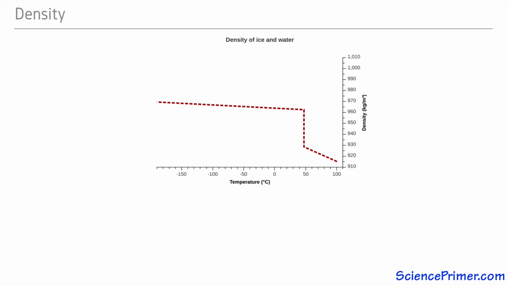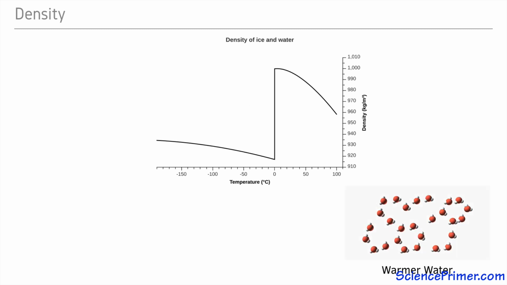Water behaves similarly as a liquid, with increasing density as temperature falls, but as it approaches its freezing point, the rate of change decreases. Then, just before it freezes, its density starts to go down, so that pure water's maximum density is at 4 degrees C. As it continues to cool, its density actually starts going down. When it reaches 0 degrees and freezes, its density drops dramatically, so that its solid form is much less dense than its liquid form. This happens because